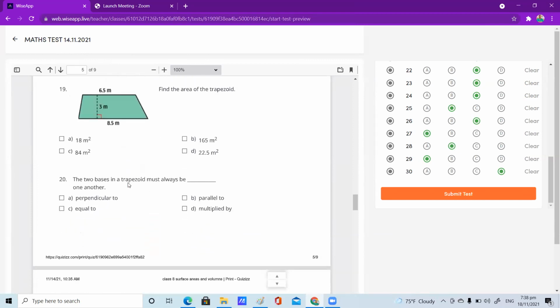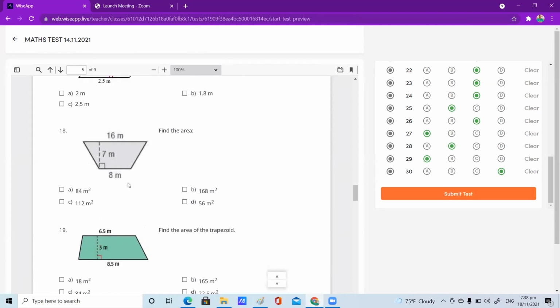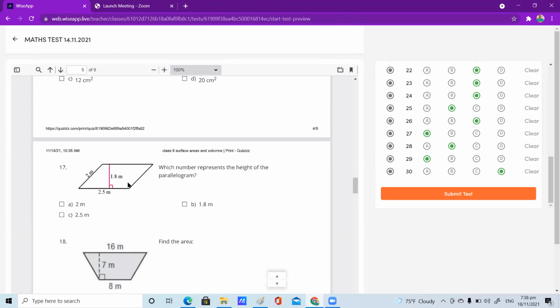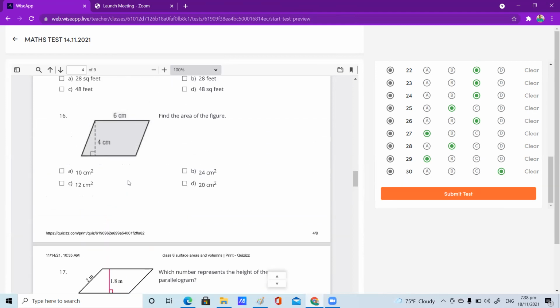Next, could you repeat the 16th question? I got disconnected. Which bit, ma'am? 16th one, area of parallelogram. Here, what is the figure given, right? Yes, base is given, but base is not given, children. By looking at the picture, we can see this is a parallelogram. Parallel sides are equal, right? What is the base here? 6 centimeters. And the height of the...